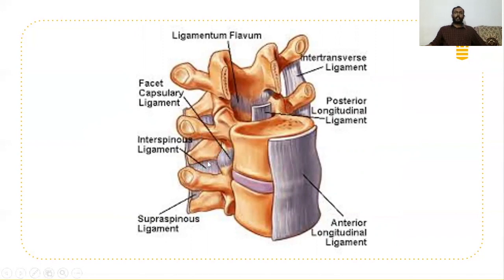Here there are interspinous ligaments in between the spinous processes, and supraspinous ligaments connecting the spinous processes of all vertebrae. Here you can also see intertransverse ligaments, connecting each transverse process. This entire ligament complex and the paraspinal muscles, supraspinalis and also erector spinae, this entire complex is holding the structure of